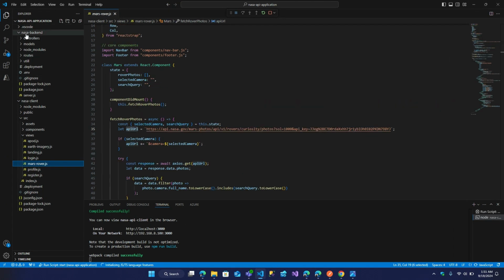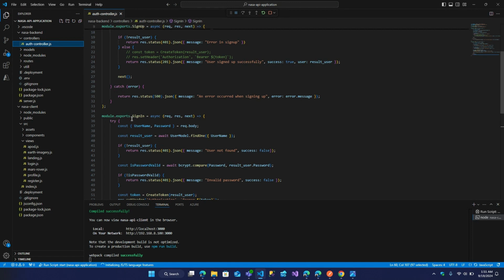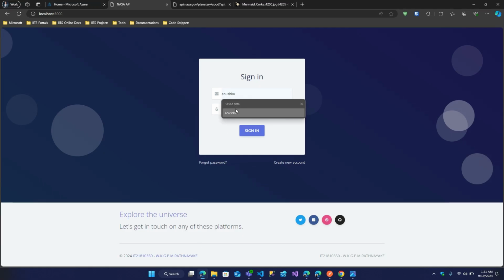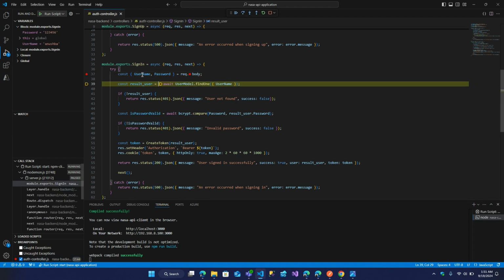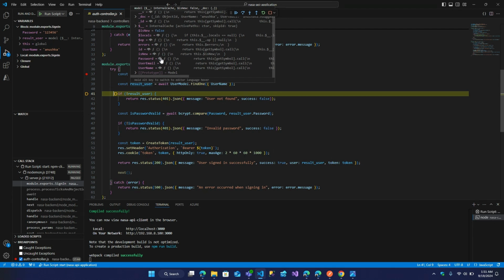So if I go to my backend controllers, I have the auth controller. This is the signing part, where I handle the signing. If I have a breakpoint on there, you can see the breakpoint is hit, and I have the username and password, and it fetches the data from my MongoDB cluster,